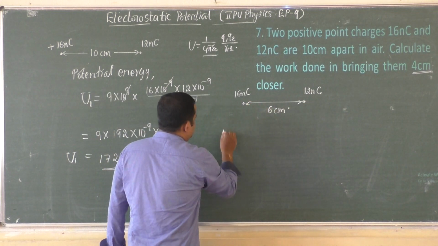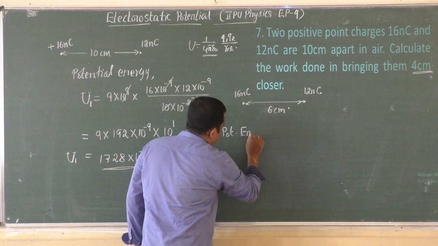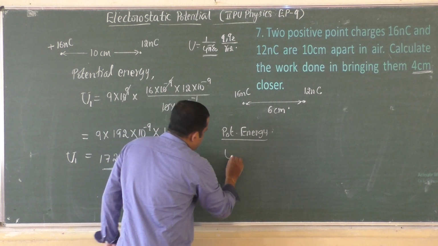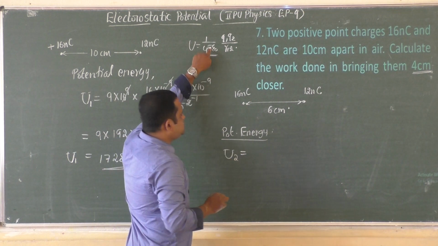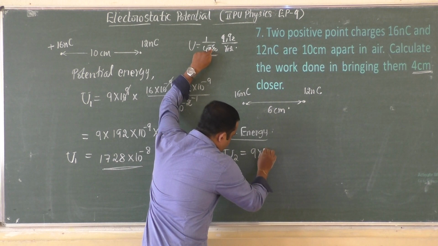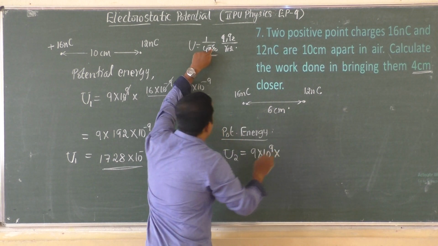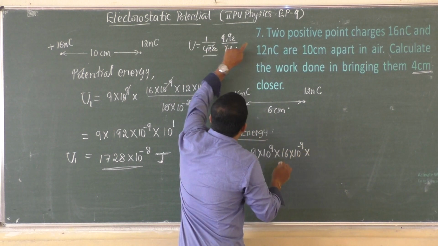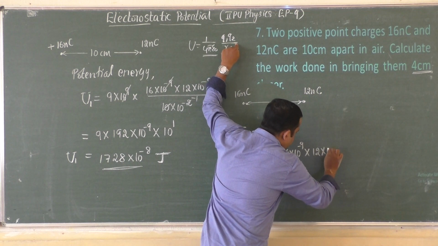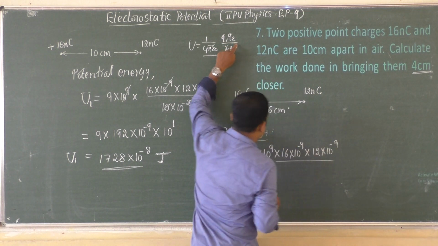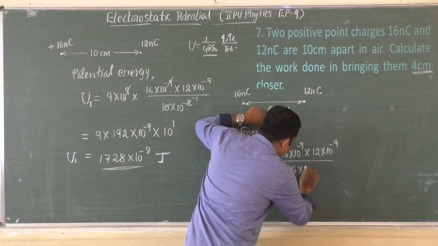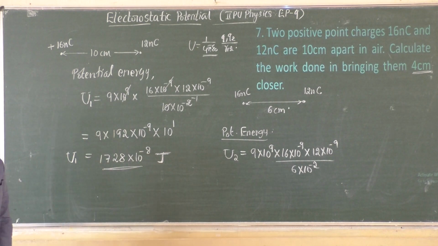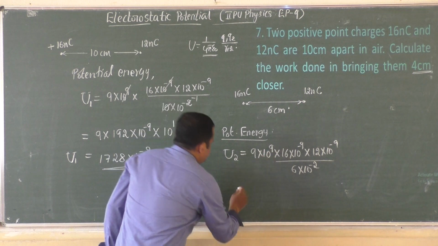So now for this configuration, let us calculate the potential energy of the system of two charges. Potential energy, let it be U2, is equal to, again the same formula, 1 by 4 pi epsilon naught is 9 into 10 to the power 9, into the first charge 16 into 10 power minus 9, into the second charge 12 into 10 to the power minus 9, divided by the separation, 6 into 10 to the power minus 2. Now this is equal to